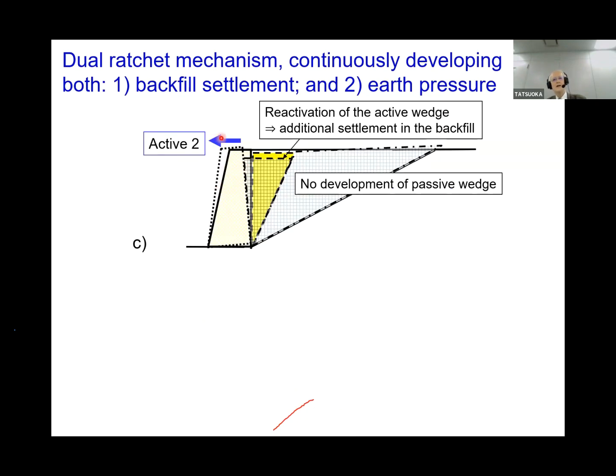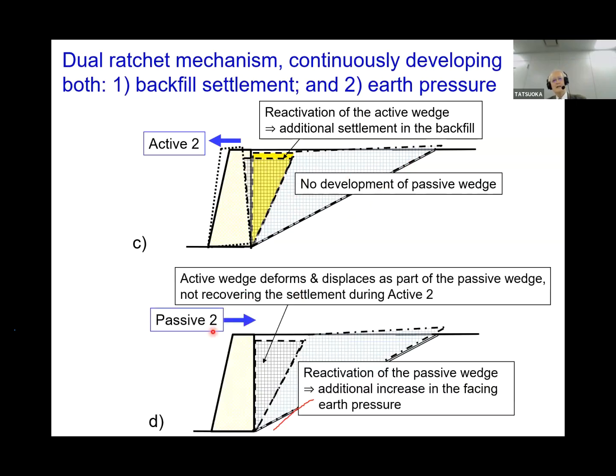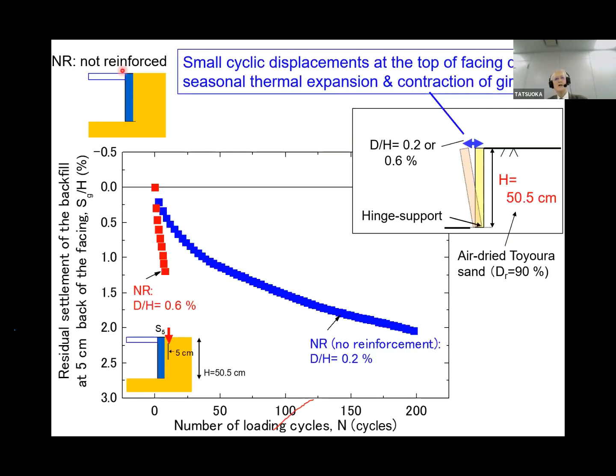Then this is the second active displacement. Then the deactivation of the active wedge and settlement, and no development of the passive wedge. Then the second passive: the active wedge never recovers its displacement, but the activation of the passive wedge develops additional earth pressure. So when we apply a cyclic displacement here, the settlement is like this when the displacement amplitude is